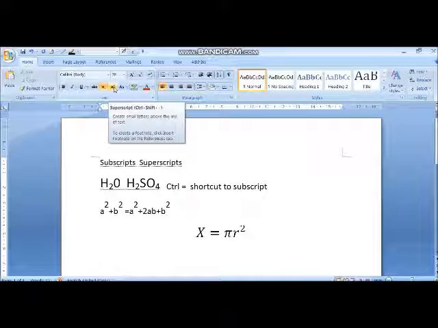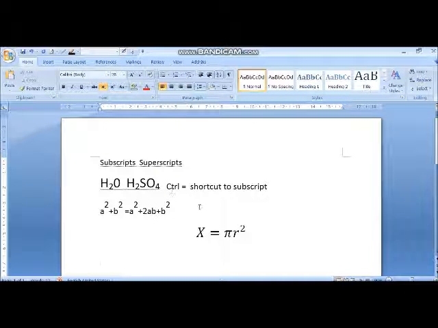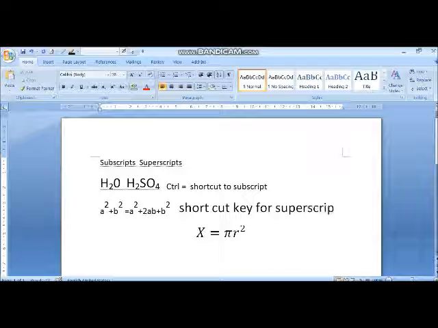Shortcut key for superscript is Control plus Shift plus plus. What is the shortcut key for superscript?